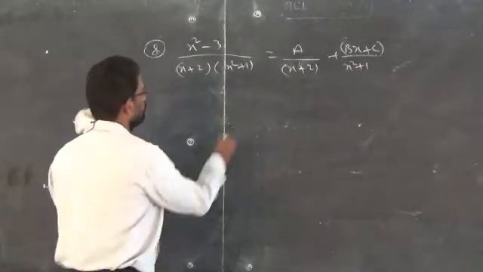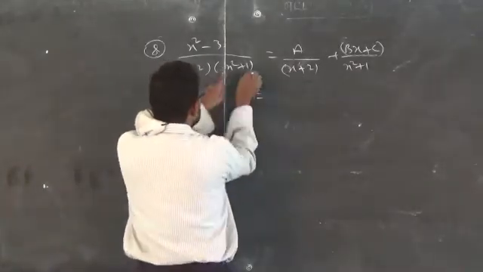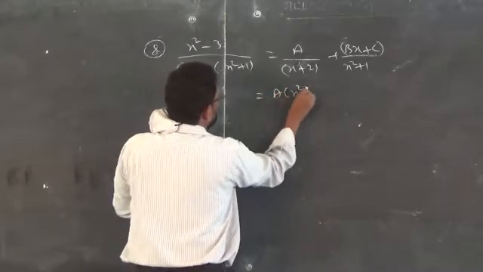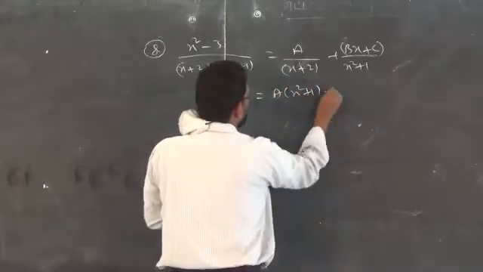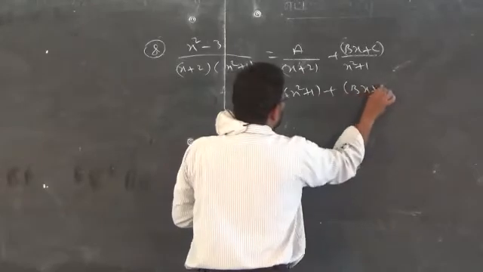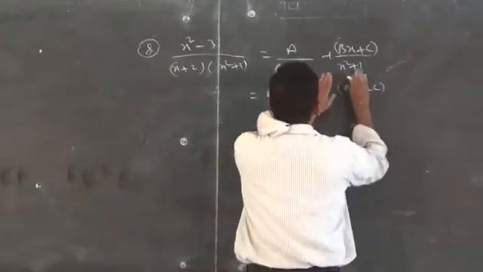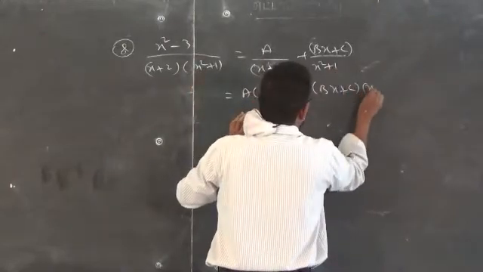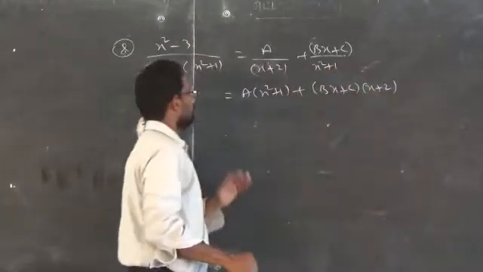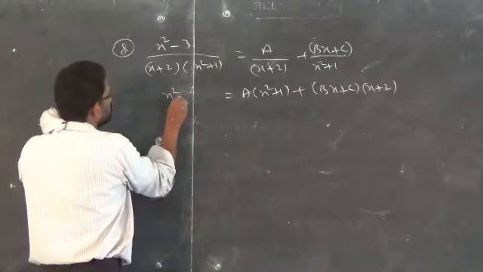Now, as usual, compare these two. This is left over. So A of x square plus 1. When you compare the next term of the denominator, then you will get x square as common factor. The remainder is x plus 2. That's all. So what is the remainder on the left side? x square minus 3.